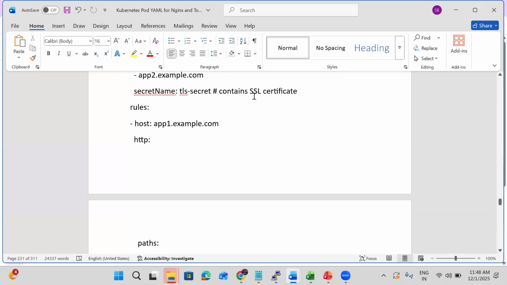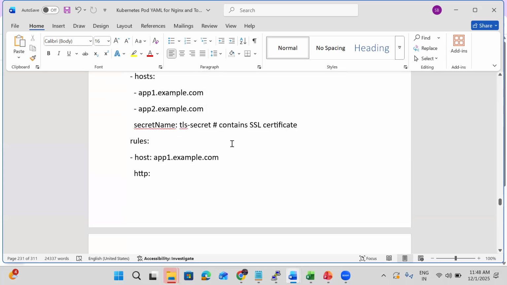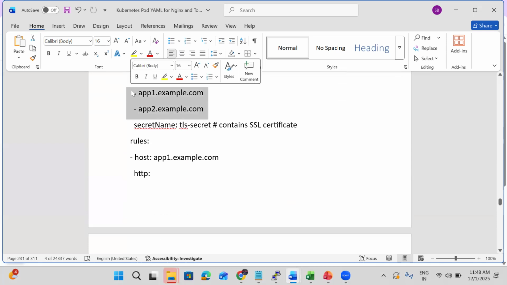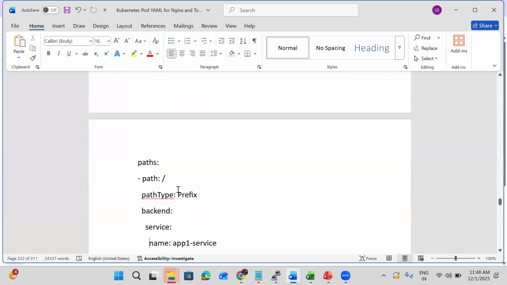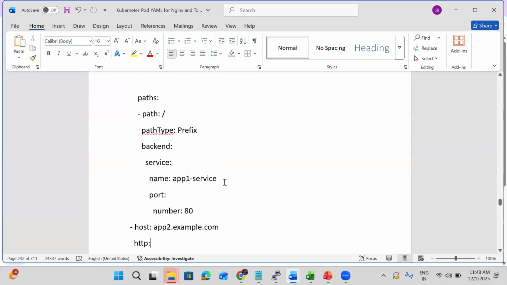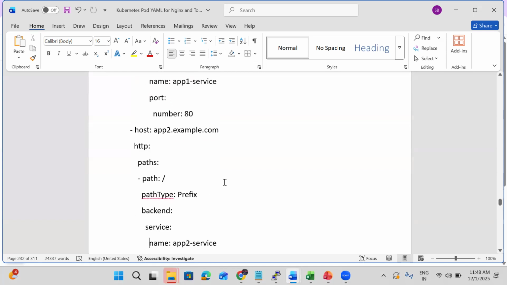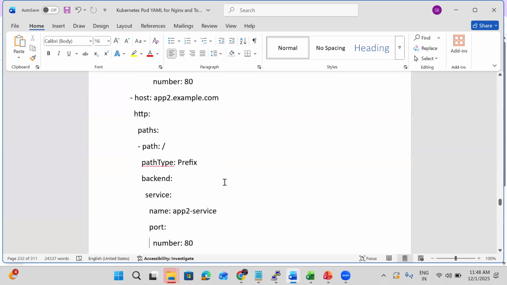How many hosts we have, these are our domain names. On the outside, say this is the requirement, in Route 53 we are going to create two hosted zones: app1.domain name and app2.domain name. Then in the rules, if it is app1.example.com, I'm redirecting to the app1 service. If it is app2.example.com, I'm redirecting to the app2 service. That means in the backend we already have